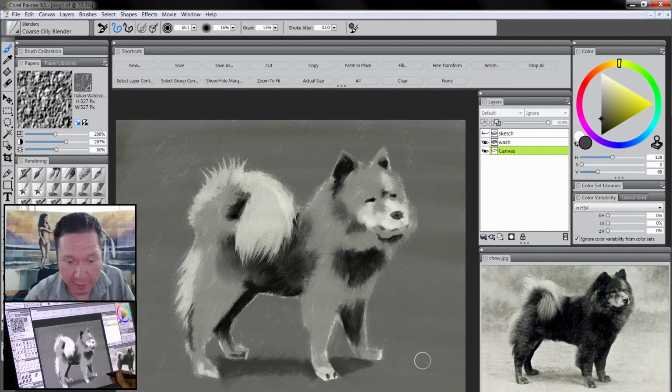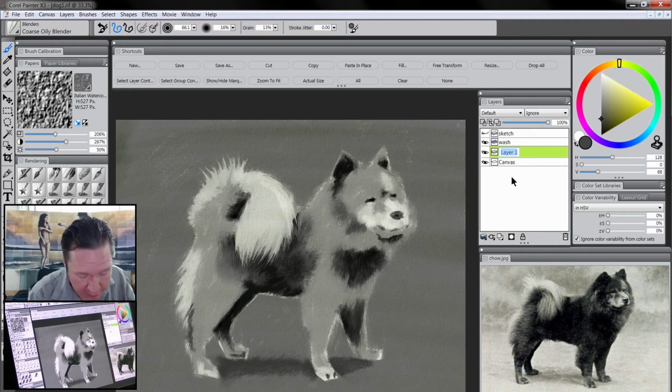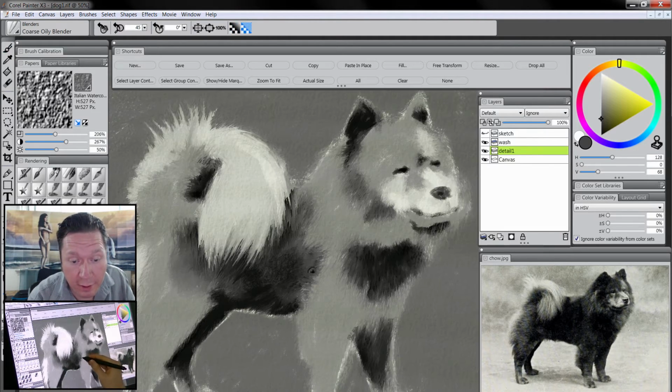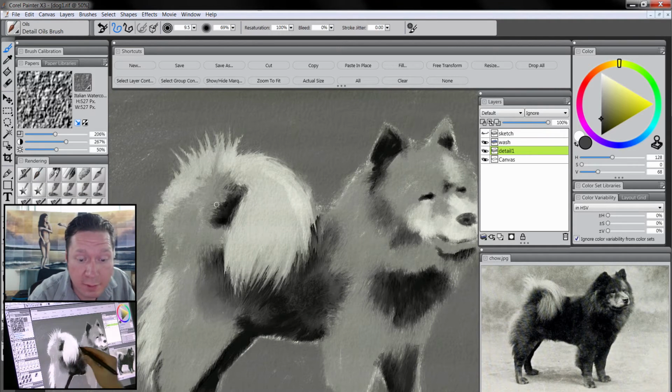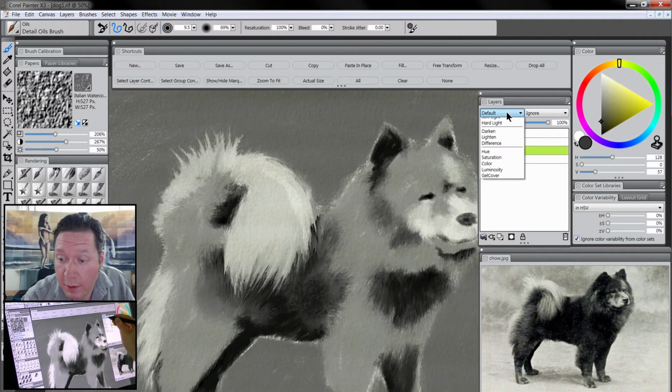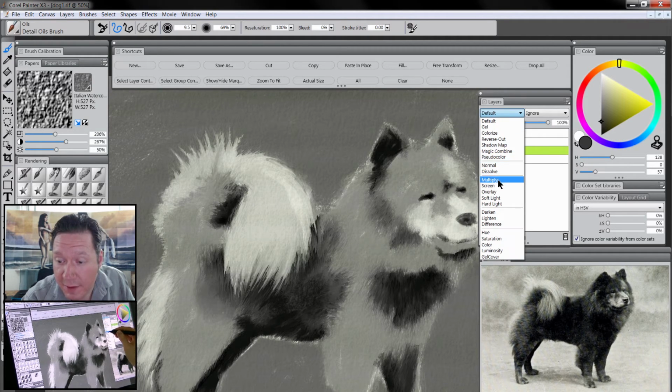I think we have a lot of our rough detail in, which is good. So now we can start adding some fine detail to bring it together more. So let's create a new layer and let's call it Detail 1 for a lack of a better name. And what we're going to do is zoom in a little bit more and add the finer detail. We'll do that with the Detail Oils brush. I'm going to take a dark gray, I guess this kind of gray that I have here. Let's change the composite method to multiply